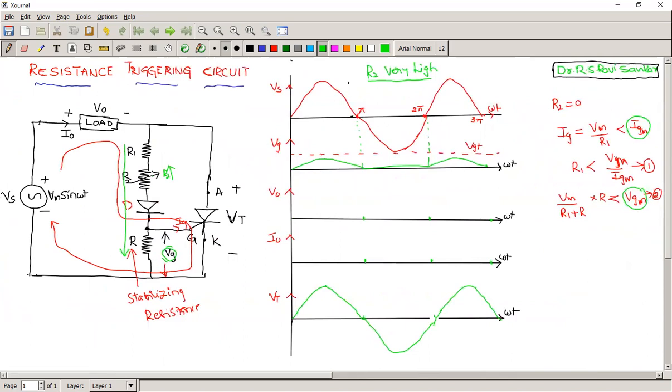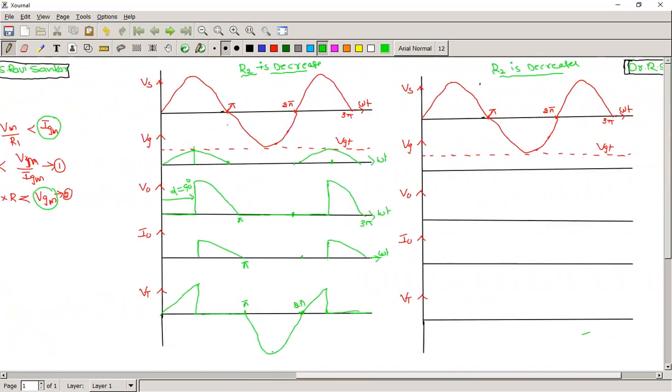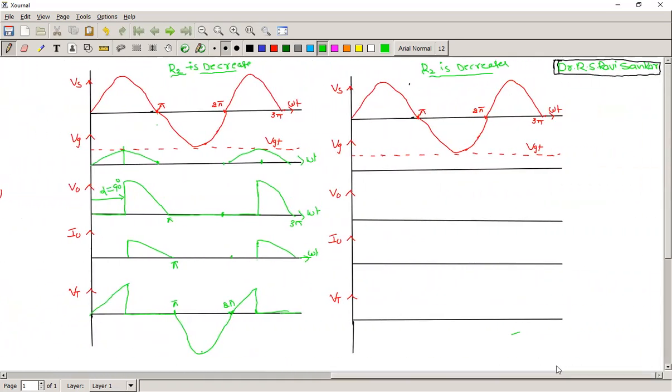Whenever you maintain the low resistance here, a high amount of current is passing, so a large voltage will be dropping here. That is sinusoidal. It is a sinusoid. So, if we draw that in a waveform, that is what we are going to see here. This is the waveform for the gate voltage.